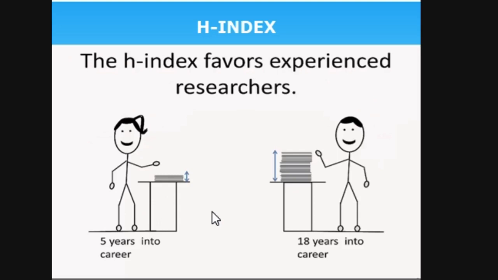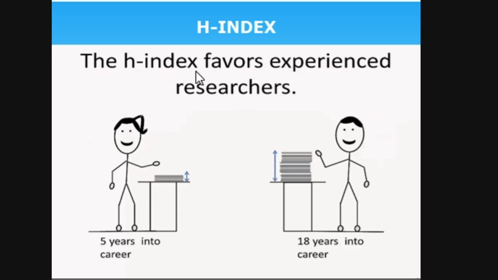So when you compare them based on the H index, it is very wrong, and it will not be correct. It is not a standard procedure. See, this researcher is only 5 years into her career, and this researcher has 18 years. So the number of publications is increased here, and here the number of publications is less. If you compare the H index for these two, there will be a difference, and you cannot determine this. This researcher may be very good, better than that researcher, because this researcher is in the early stage, but she is having a vast experience. So H index always favors the experienced researcher, because citation takes time to accumulate.